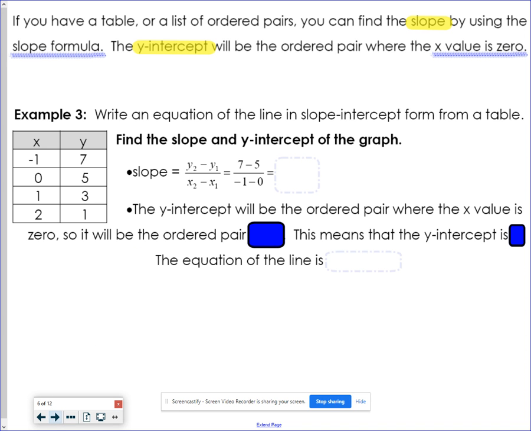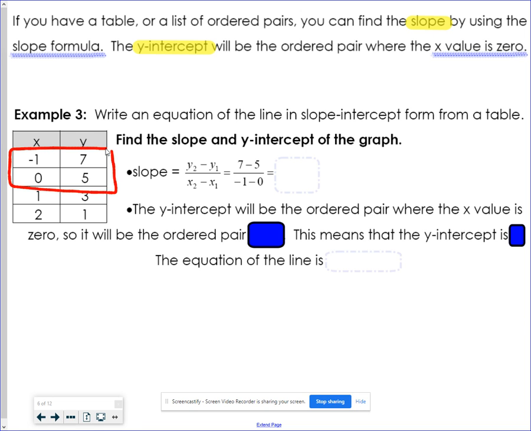If you have a table, you don't need to graph it to be able to get this information. We can find the slope. The slope is the change in y over the change in x. We can find the y-intercept in a table. And again, we've done all of this stuff. So if I look at what I've got here, all worked out already, is from these two ordered pairs right